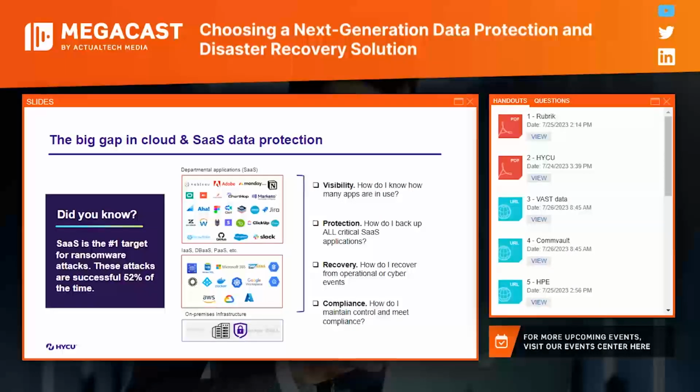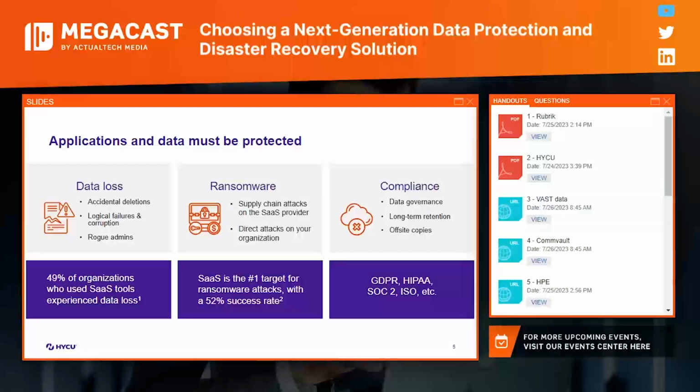And with all your business critical data all over the place, how do you keep compliant? Compliancy starts with having control, having that visibility, making sure you have your data locality in place to comply with any rules or regulations out there. So data protection is needed for applications, not only for on-premises infrastructure, but also when running in cloud or SaaS applications.